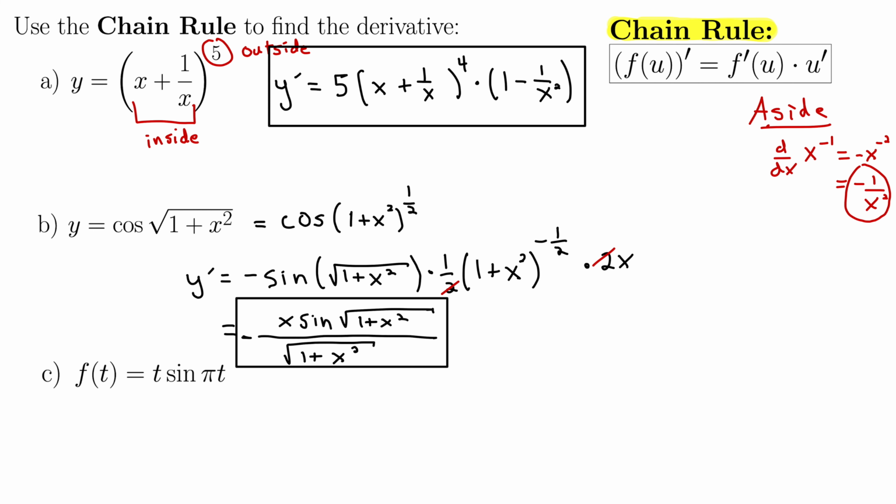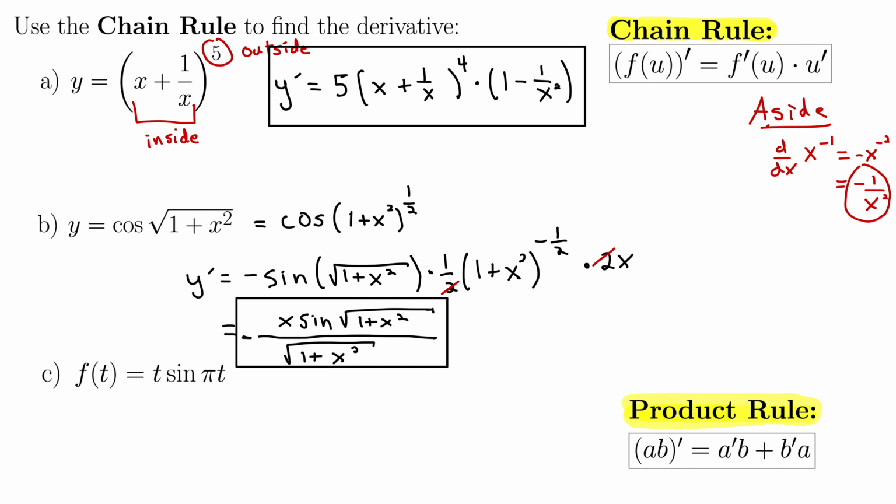Okay, part C, we have f of t equals t sine of pi t. So here we're going to need the product rule, because we know that that is a product. Remember that the product rule tells us that (AB) prime is A prime B plus B prime A. So in this case, our A is t and our B is sine pi t. Okay, so moving forward with the derivative, we have f prime of t is then, okay, A prime B, so A prime is, A is t, so A prime is 1. 1 times sine pi t,